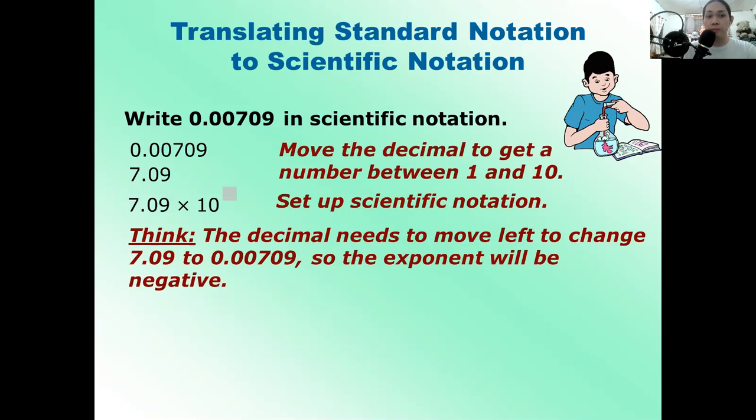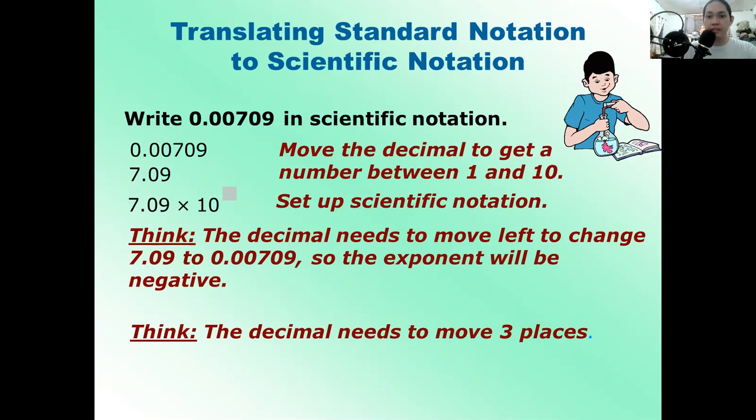So the exponent will be negative. The decimal needs to move 3 places. So we got 7.09 times 10 to the power of negative 3, which is equal to 0.00709. I want you to be observant about the process and the format on how we write from standard